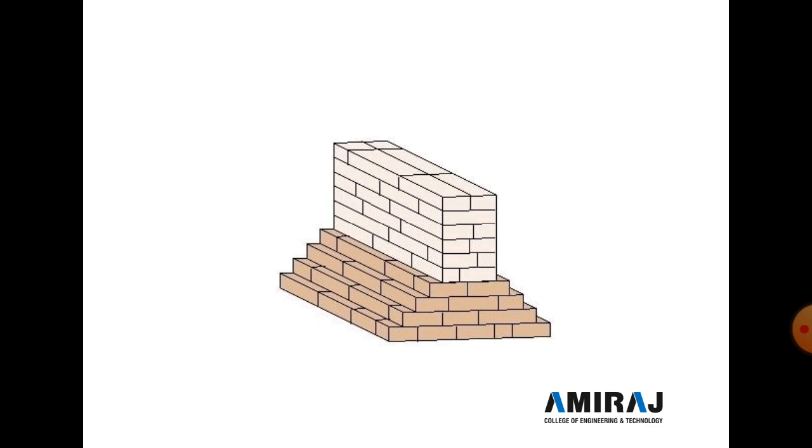So in this figure, a stepped footing below the wall is seen. Here a total of 4 steps are provided, and all 4 steps rest on a concrete base. The base width of the wall is achieved by providing a 5 cm offset on both sides of the wall, and the depth of each course may be 10 cm to 20 cm.